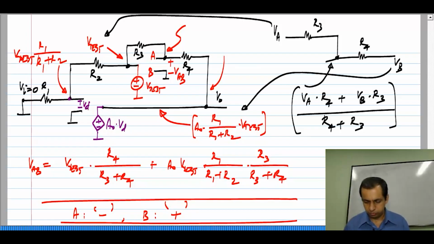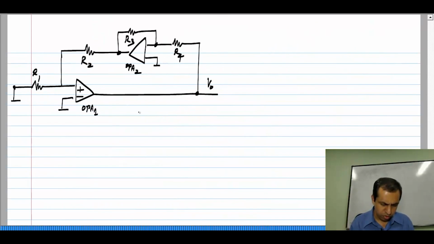So, now OPA1 has signs like that, OPA2 has signs like that. Okay. So, a couple of points about this. You can find the signs of all op amps systematically by going through them one by one. Now, after a while, if you design a negative feedback circuit with a number of op amps or any other stages, you will assign the signs so that negative feedback is valid once you learn this properly. Okay. But the most important thing here is to remember that all the nice properties of the op amp,